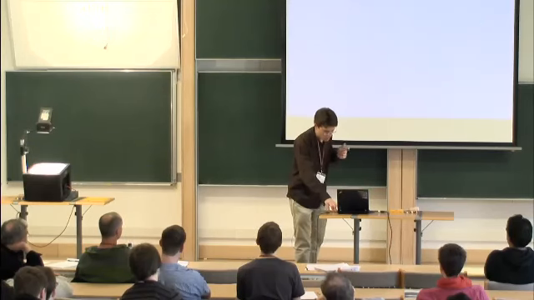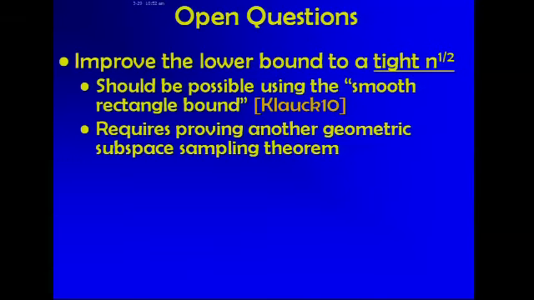Okay, so let me just conclude with one open question. Actually, there are two, but the first one is more mathematical, the second one is more for CS. So the first one is we'd like to improve this to a tight square root lower bound. We kind of have a guess on how this might be done. It turns out this requires a stronger geometric sampling statement. I won't describe it here, but if you're interested, I can tell you more about this offline. Essentially saying that if you have a subspace and an orthogonal subspace, then together they do some reasonable sampling of the set. So maybe the subspace itself misses the set, but together with its orthogonal complement, you're doing pretty well. So I can describe this offline if anyone is interested.